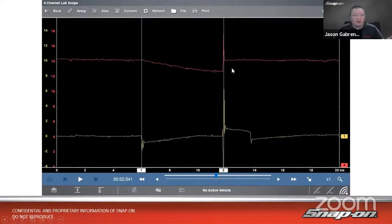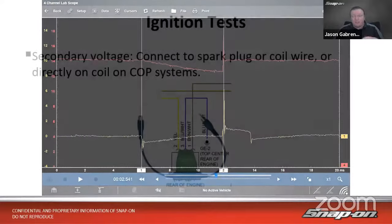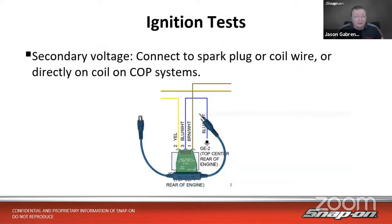Now, so far, we've done 2 tests on voltage, and we haven't needed anything fancy. This one, not all that fancy, but we do need an accessory. So if we wanted to check the secondary voltage on a vehicle,